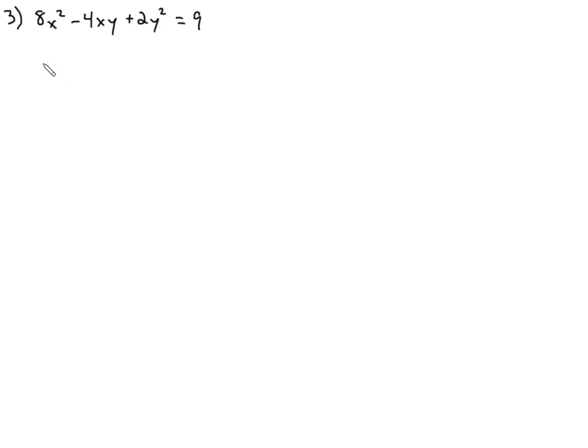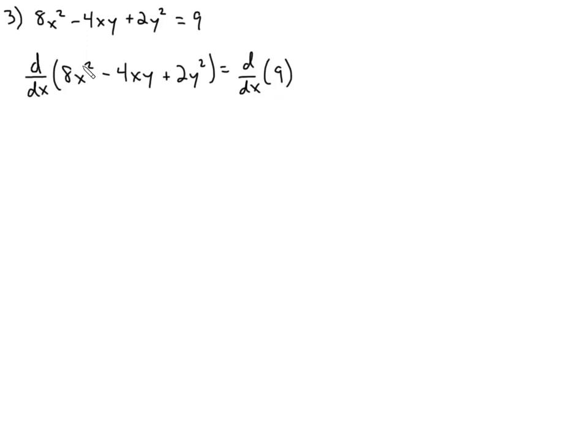Doing example 3 in section 6.4. Find the derivative of this implicitly defined function. So first step again, take the derivative of both sides with respect to x. Okay, and then